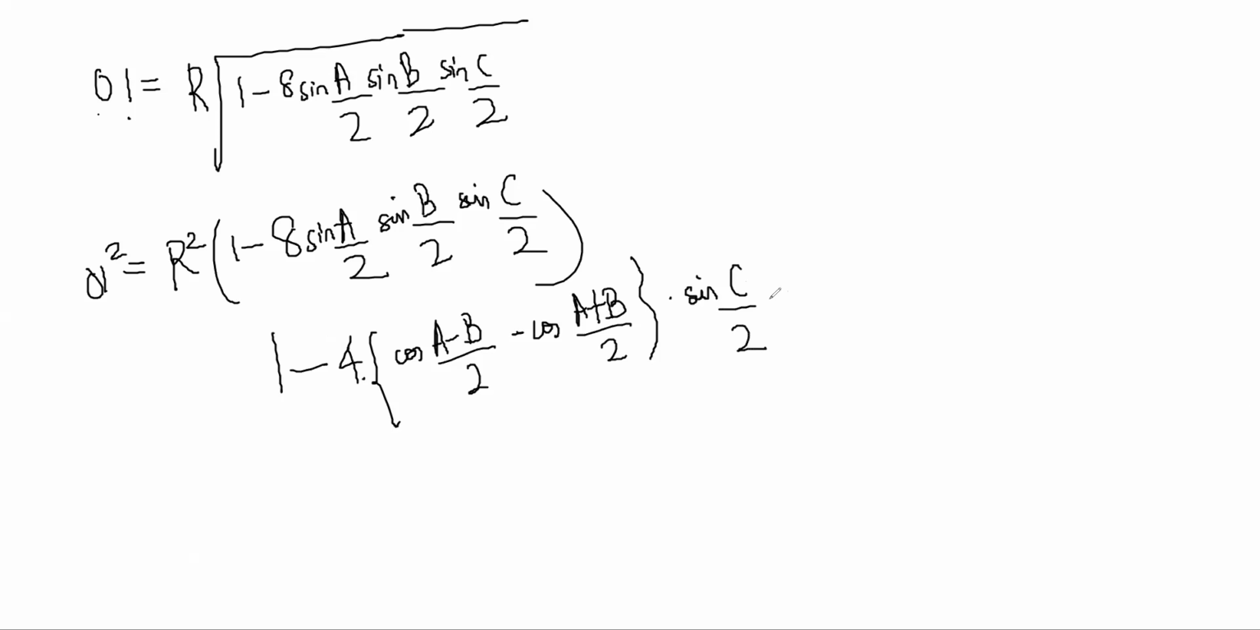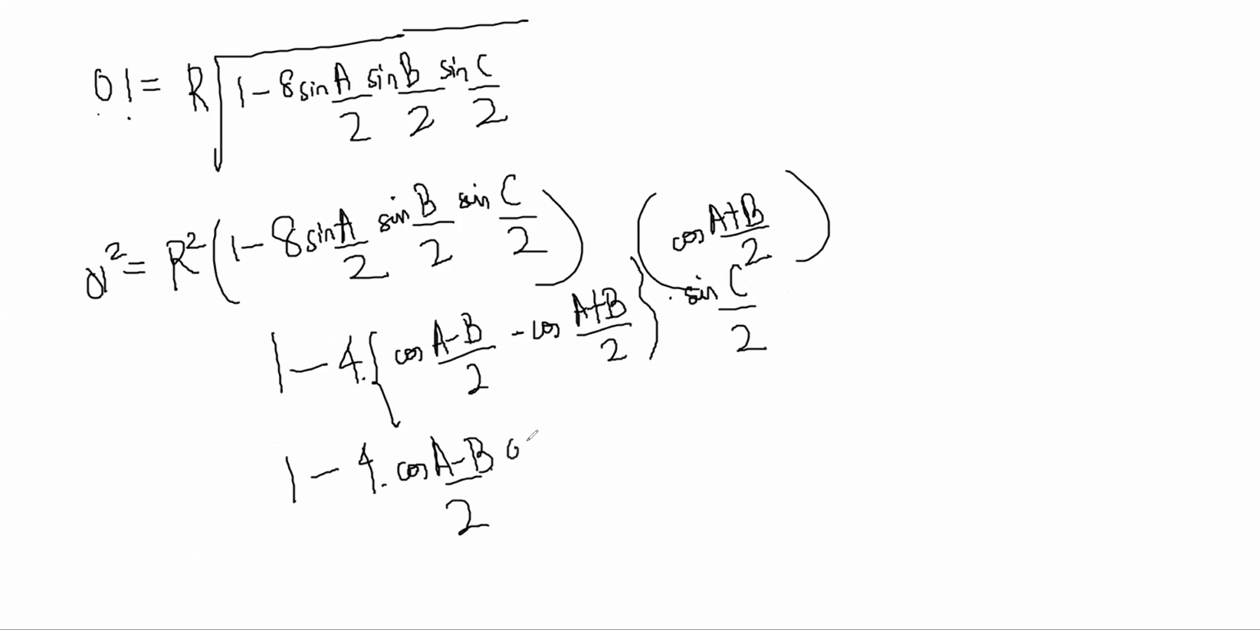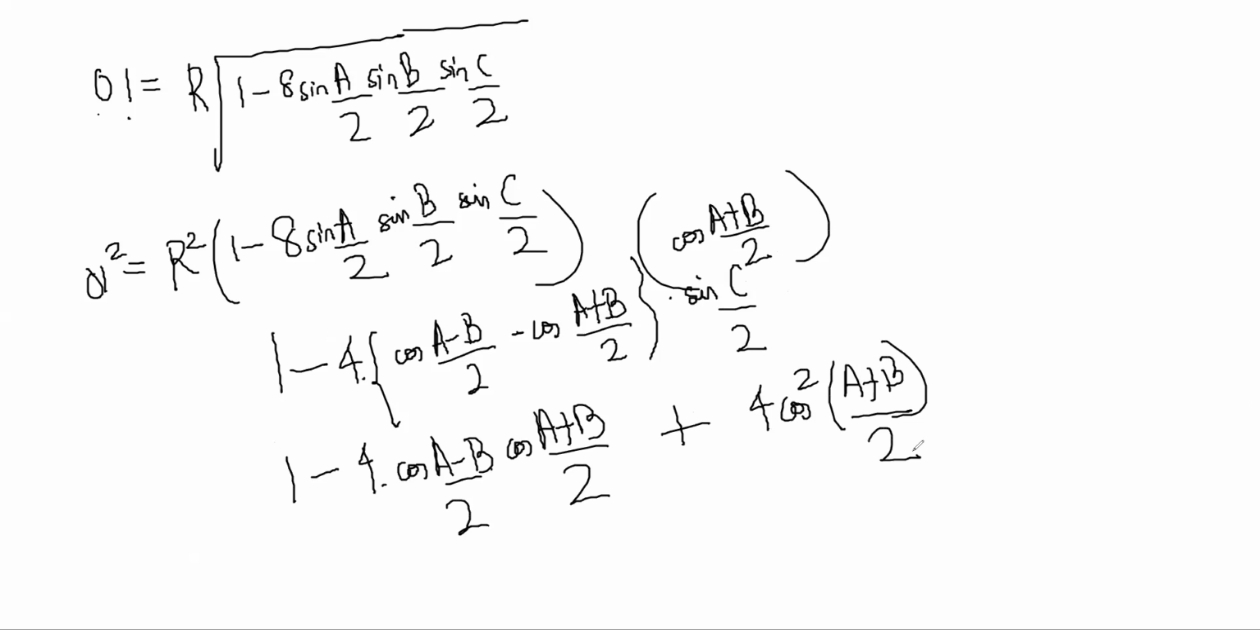So again, you can write sin C by 2 as cos of (A plus B) by 2, right? And you can write this as 1 minus 4 cos of (A minus B) by 2 into cos of (A plus B) by 2, plus 4 cos square (A plus B) by 2, right? So this becomes cos square (A plus B) by 2 is equal to sin square C by 2. And this is cos(A minus B) into cos(A plus B),